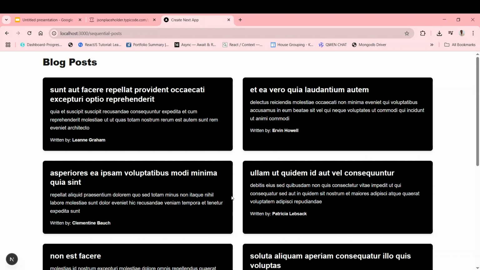So this is how sequential fetching works in Next.js. First it waits for all the posts to be loaded. After that it makes a call to the author, because it requires the user ID to fetch that particular author name. So this is how sequential data fetching works in a Next.js app. Today we have learned how sequential data fetching works in Next.js, especially when one piece of data depends on another, like fetching posts first and then fetching their author using the user ID. By using async await and leveraging server components, we can keep our code clean, efficient, and easy to manage,